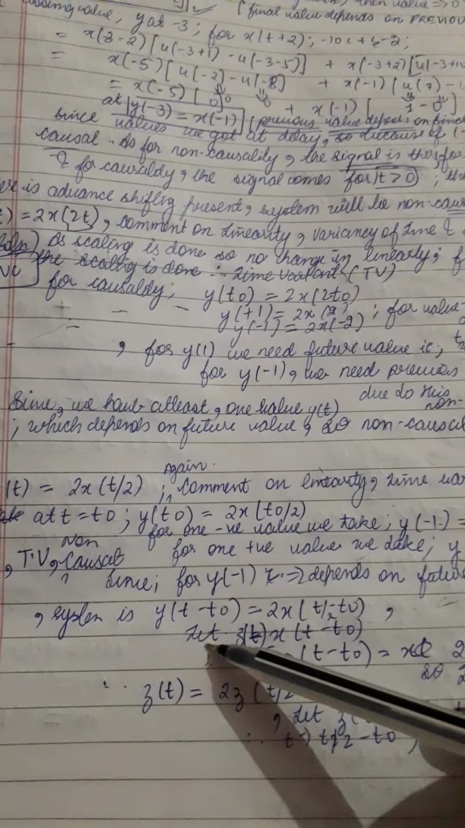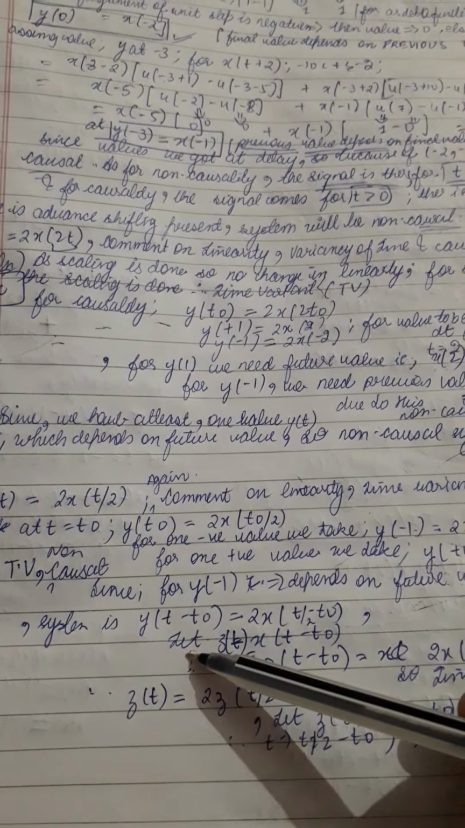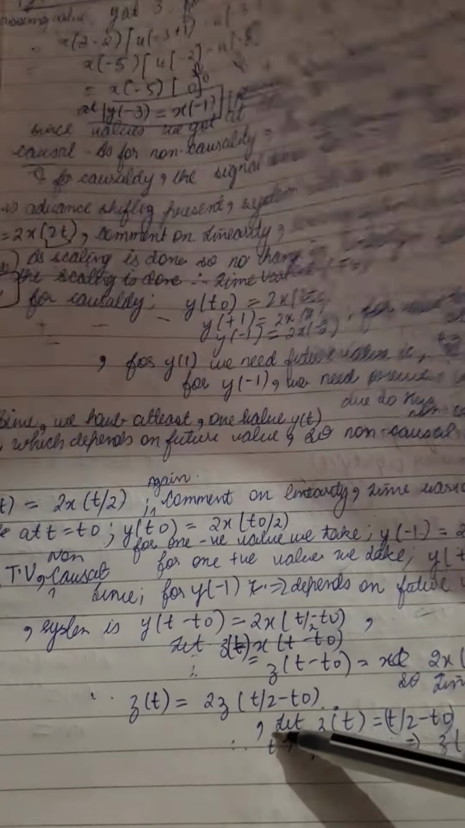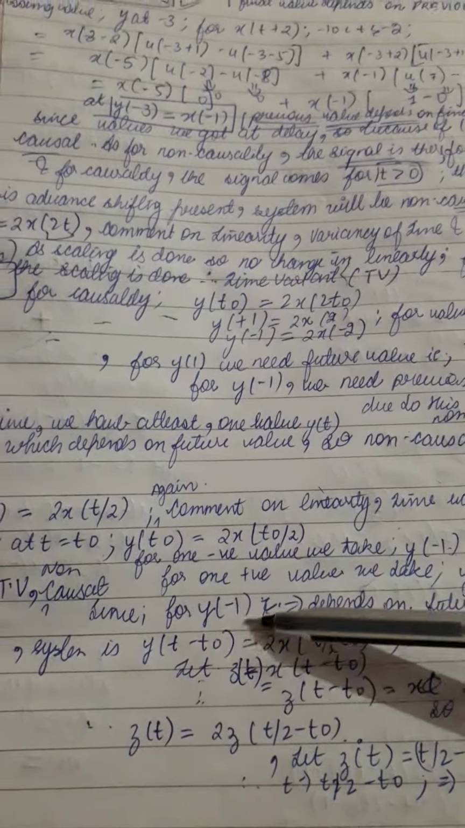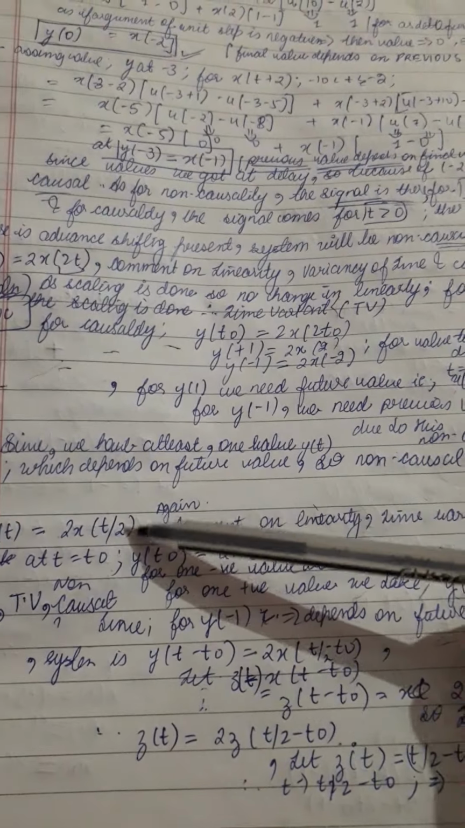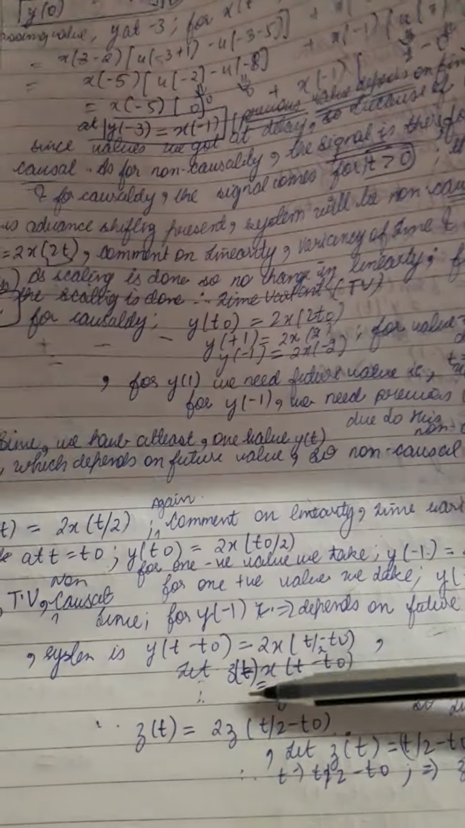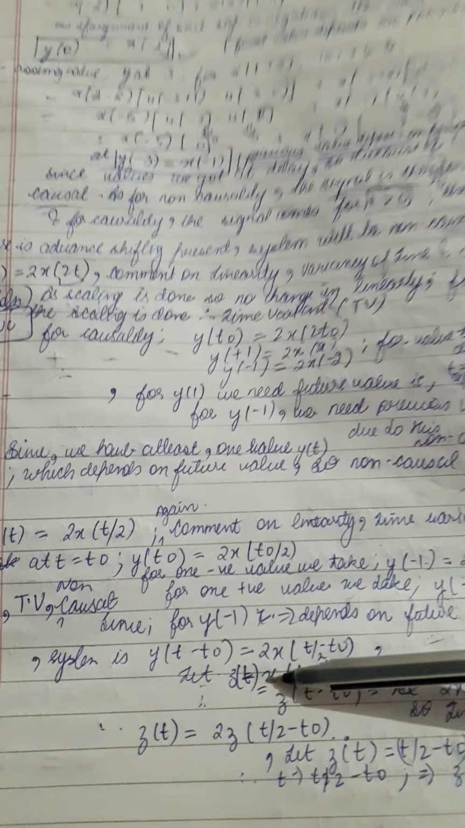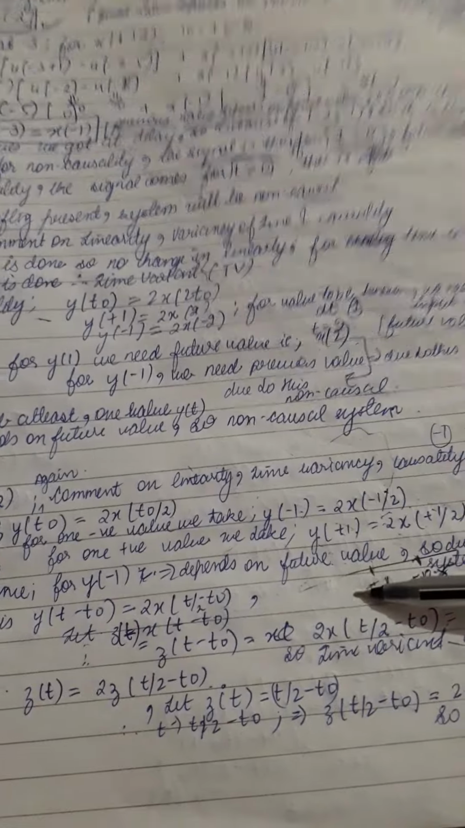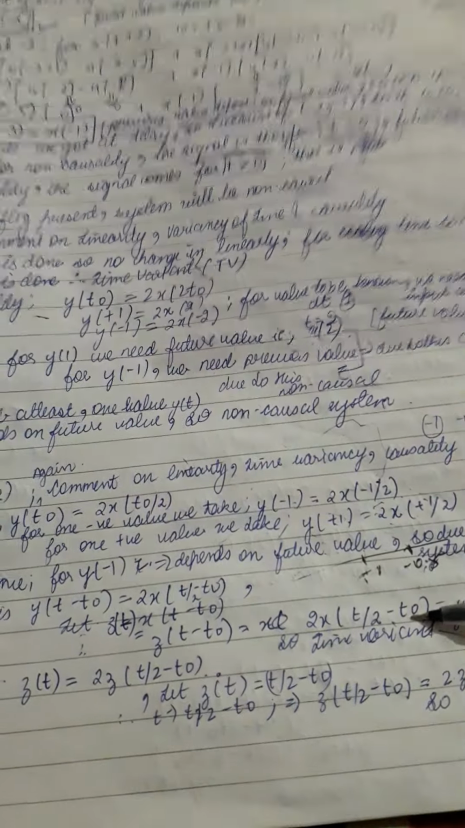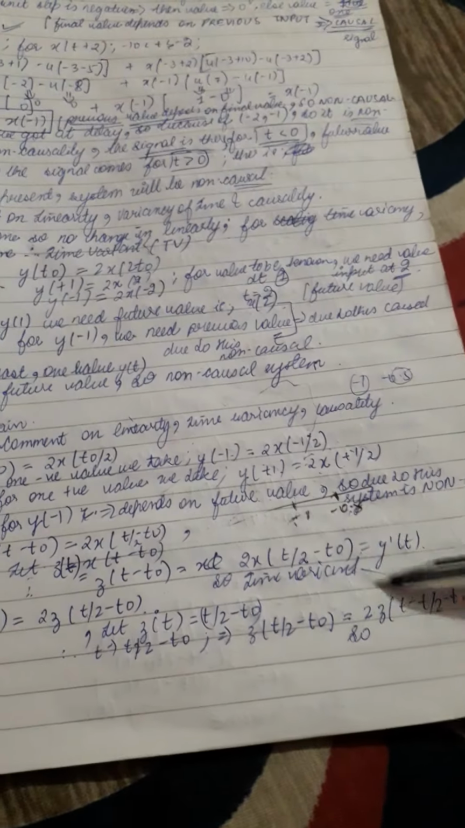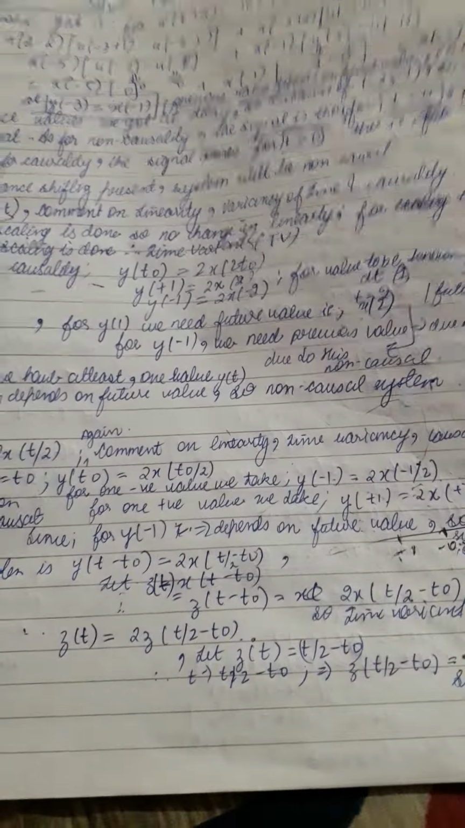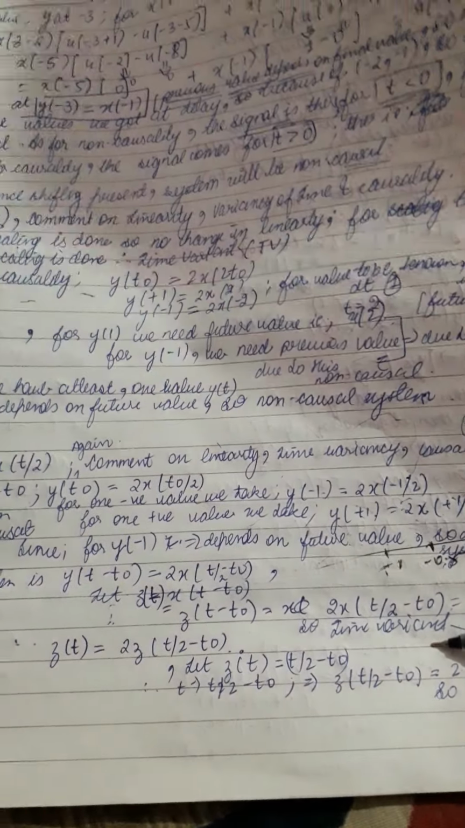So checking on the time variancy, this is the whole process. Now commenting on the time variancy, we put t equal to t minus t naught, y of t minus t naught in this particular equation to x of t minus t naught. So let's say z of t is equal to x of t minus t naught. So z of t minus t naught is equal to 2x of t naught by 2 minus 2, using this, to x of t naught by 2. So it is equal to y dash t. So time variant, because